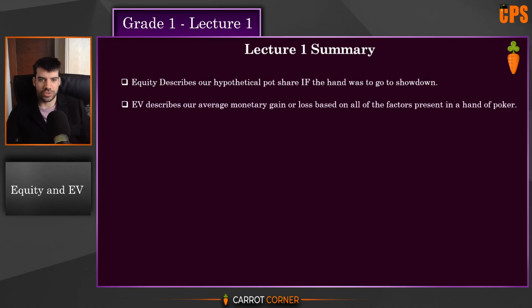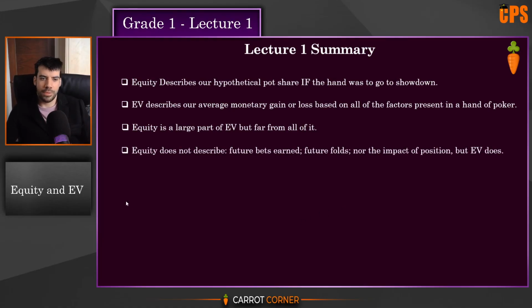EV describes our average monetary gain or loss based on all of the factors present in a hand of poker: implied odds, position, fold equity, realizability, all of these things. All encompassed in EV. That's why EV is the holy grail. Equity is a large part of EV, but far from all of it. Just because we're saying equity isn't all it could be, just because we're saying it's not as powerful as EV, doesn't mean that it's not still an extremely important factor. It absolutely is. It's the core mechanic of why you do what you do. But equity does not describe things like future bets earned, future folds, nor the impact of position. And because EV does describe all of these things, that's why EV is often higher or lower than equity, especially